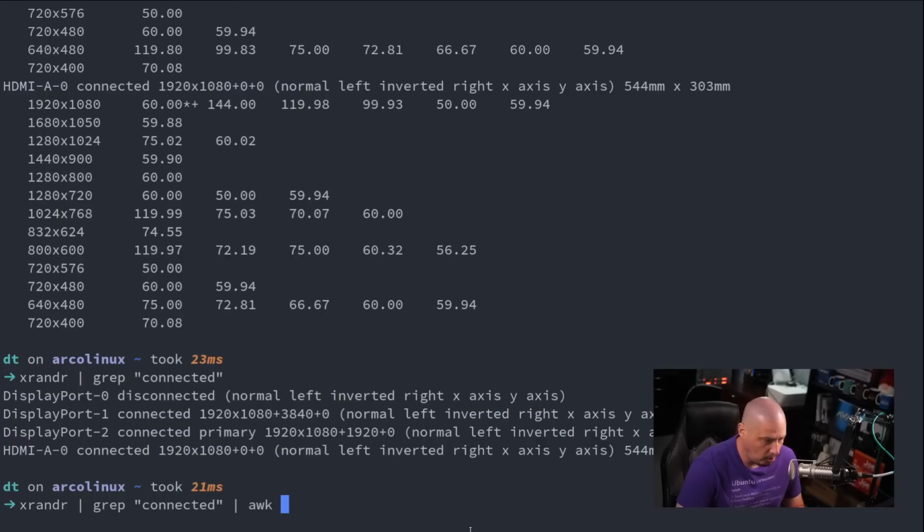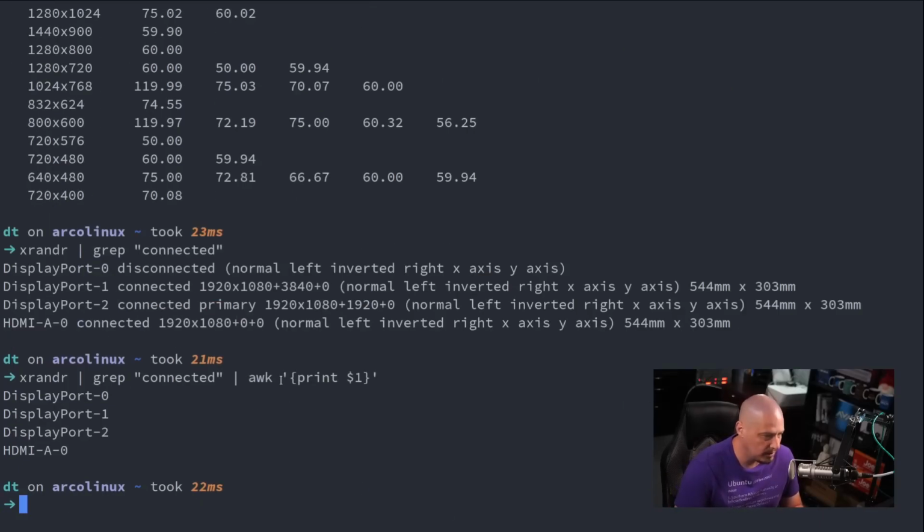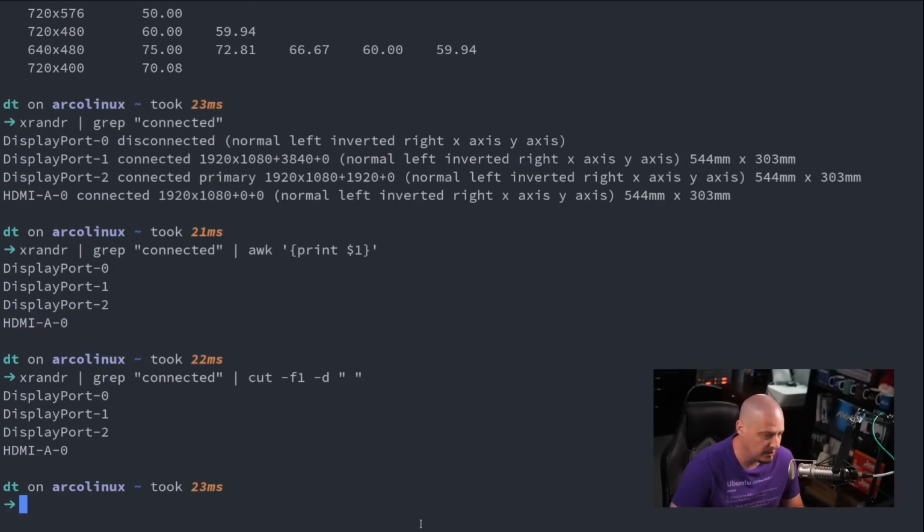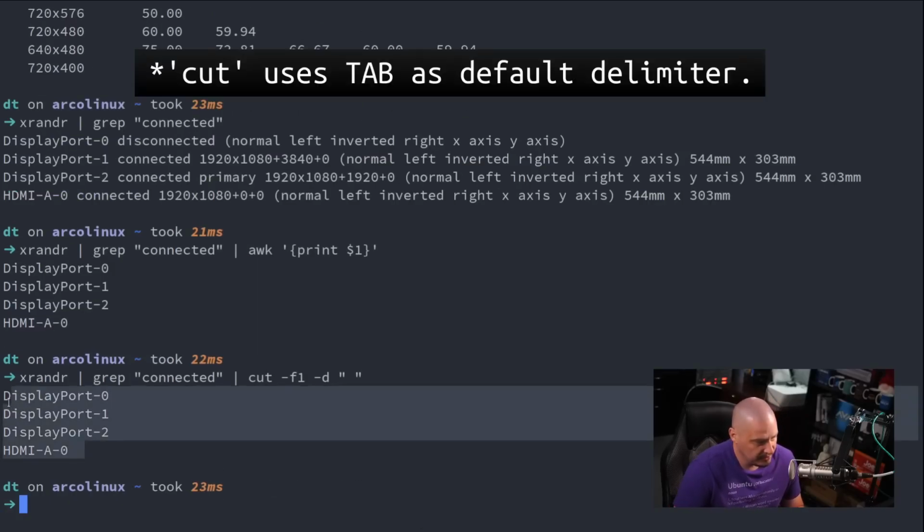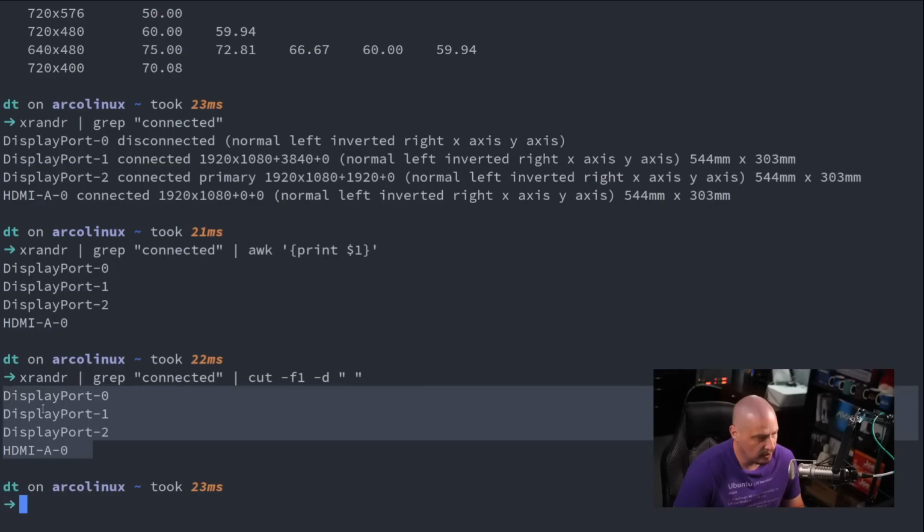Well, I could use awk if I wanted to use the awk method, and I could simply print $1. And that works, and by default it uses spaces as field separators, which is what I wanted, so I didn't have to specify a field separator. Or, once again, I could also use cut -f1 for field 1, -d for delimiter, and I do need to specify that we're using spaces with the cut command. And you can see, that is a very nice, tidy way to get a list of all of your